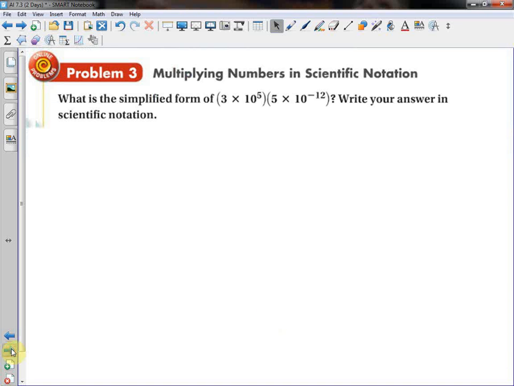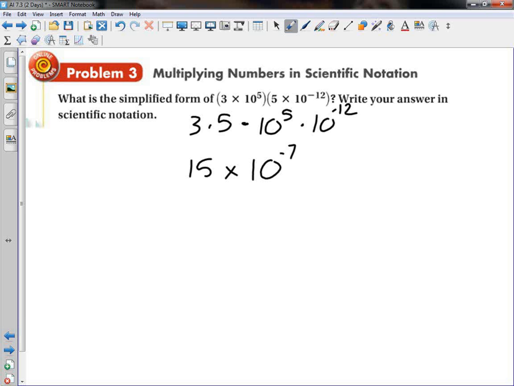All right, so here we have two scientific notations that we want to simplify and then write our final answer in scientific notation as well. Well, again, we can rewrite this any way we want, so I'm going to rewrite it as 3 times 5 times 10 to the 5th times 10 to the negative 12th. Well, the 3 times 5 is going to be 15. Let's go ahead and write that in scientific notation like form. 5 plus negative 12 is negative 7,